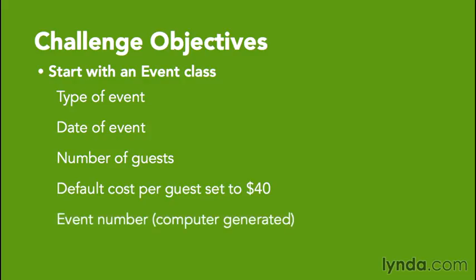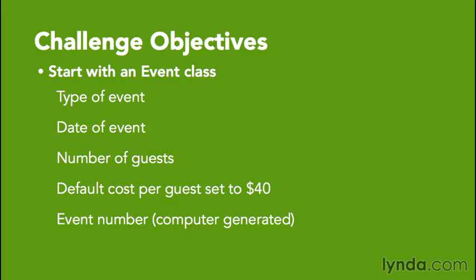And finally, I'd like a computer-generated event number. This number will start with the first letter of the event. So for example, if it was a wedding, it would start with W. Define a static variable for the next number. That way, it'll automatically add 1 to our number regardless of whether the new event is a wedding or a